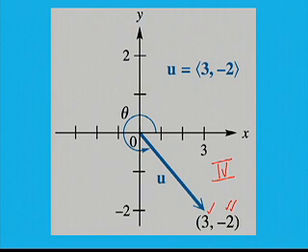So on the calculator, when I came up with what would have been my reference angle, I knew that I needed to add the 360 in order to come up with that final answer of